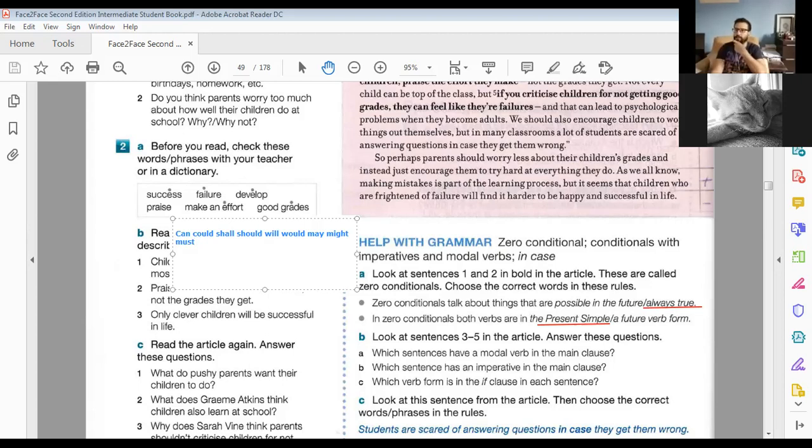What's the verb form of the verb that came after can? You said I can drive. Drive. And drive, what is it? Is it an ED verb? Is it an ING verb? Is it an infinitive verb? Infinitive. Correct. Okay. Can you use any of these other modal verbs in a sentence?